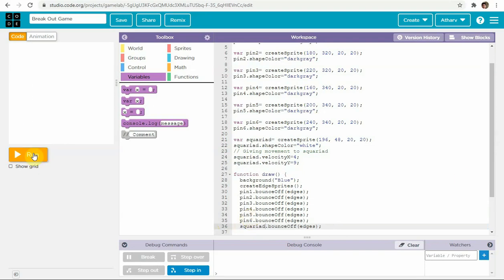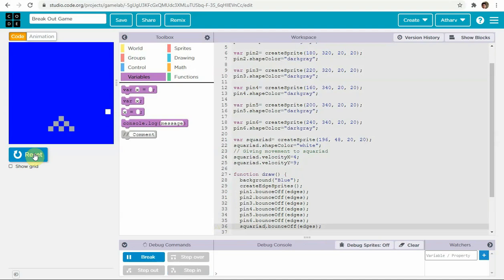Now let's see what happens. Now you can see it's bouncing from the edges, but there's one more lag. It's overlapping the balls, but the balls are not moving. So now what to do?